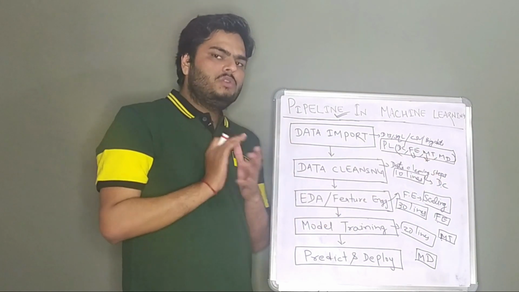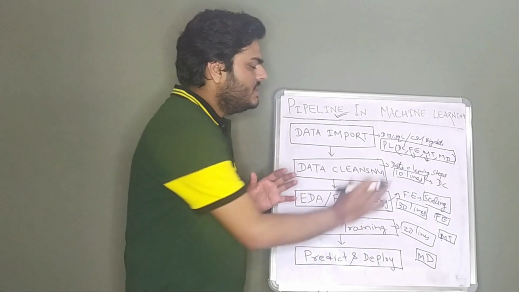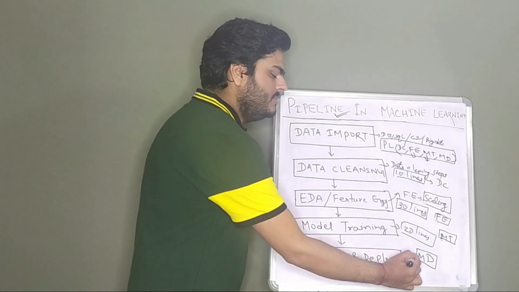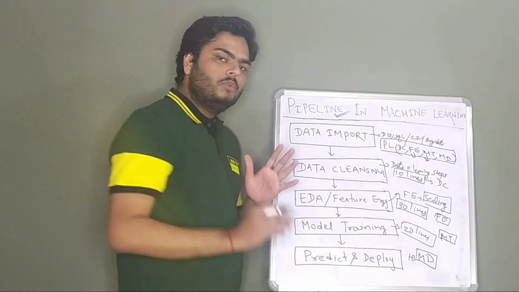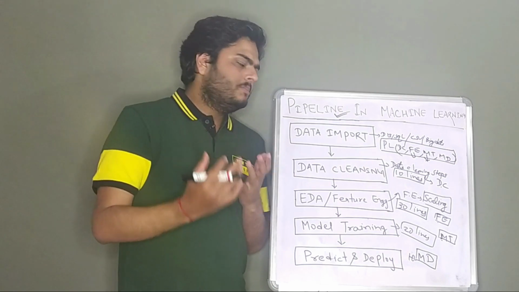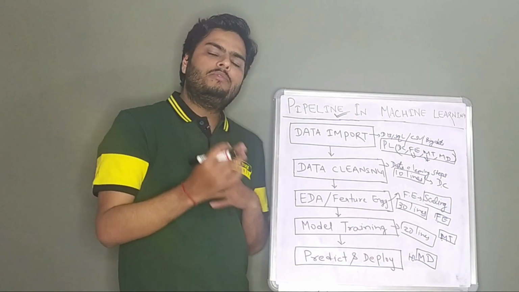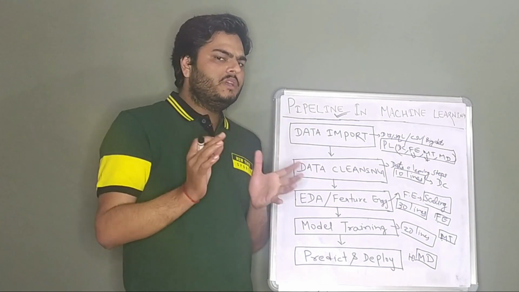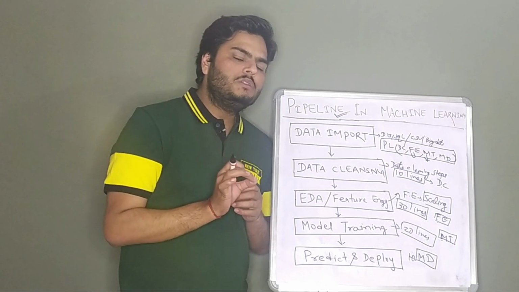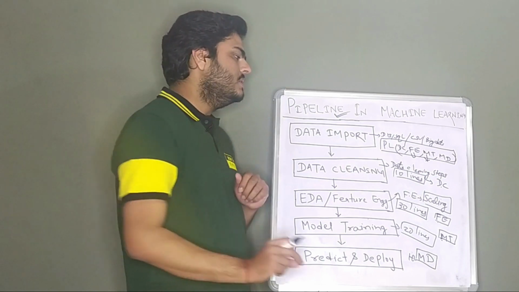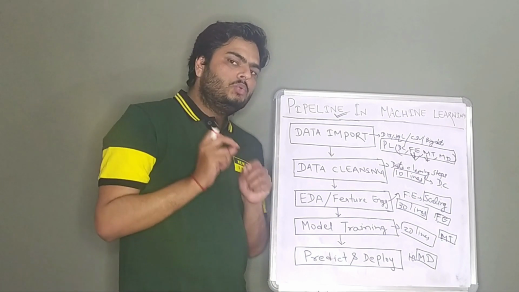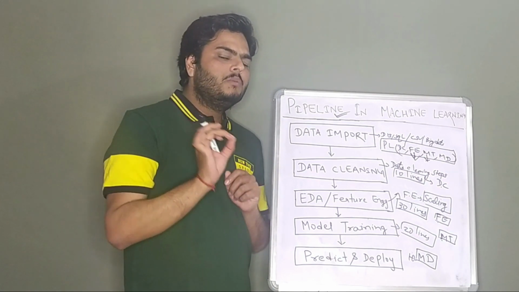So what is the use of this, guys? As I told you, if you do all these things together, your model will have 10 plus 30 plus 20 plus, I don't know, maybe 10 again, these many lines of code in one script or one function or one file. Here what you can do is you can separate these things into different functions or different scripts also. What is the advantage of that? The advantage of that is, number one, easy debugging. Easy debugging means if one of your functions is throwing an error, for example, out of these four, say feature engineering gives some error, you know exactly where to go and see that error. So debugging becomes easier.